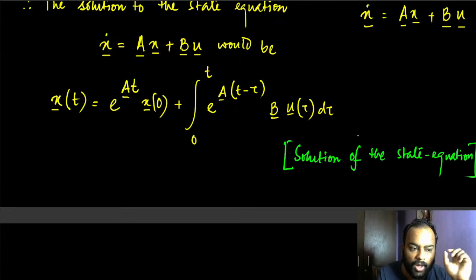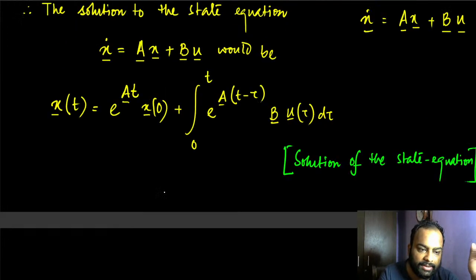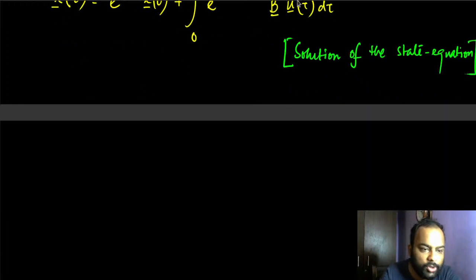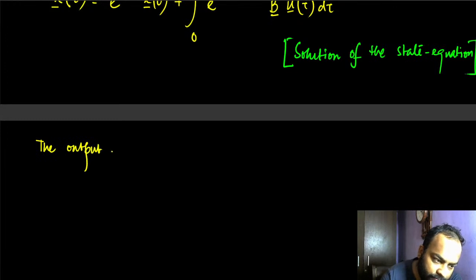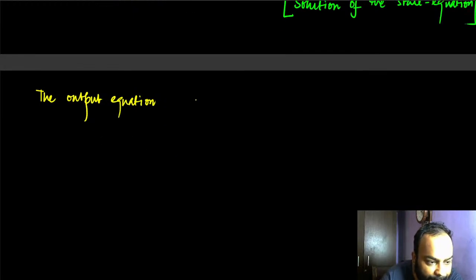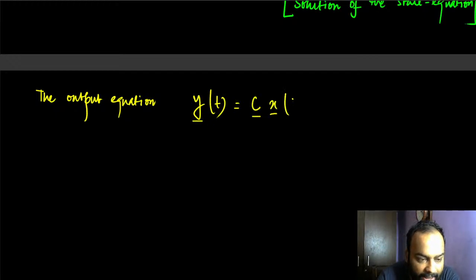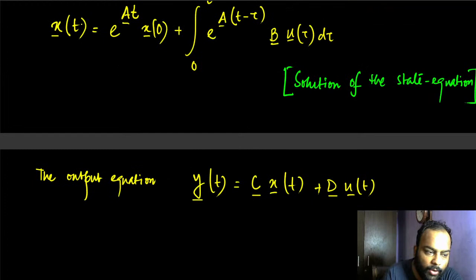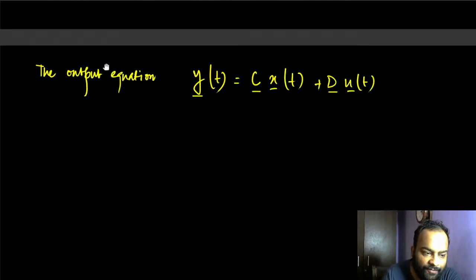But before we proceed, let me think about the output, because these are just the states. So this is the states. This is giving me the states solution. But also notice that the output equation gives me that the output is equal to C times x plus D times u. Now obviously, what you need to do is just put the value of x(t), because we have just solved for it. Therefore